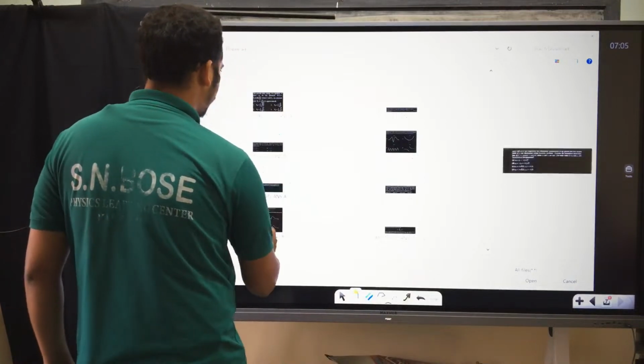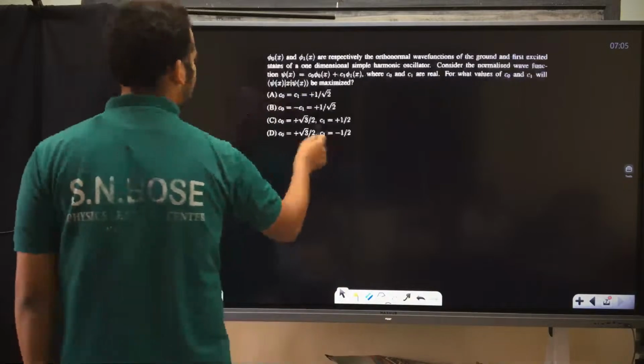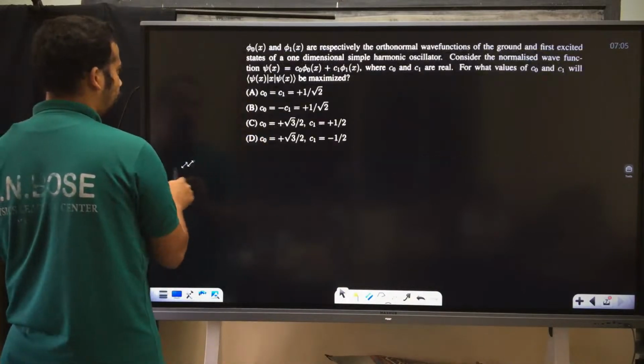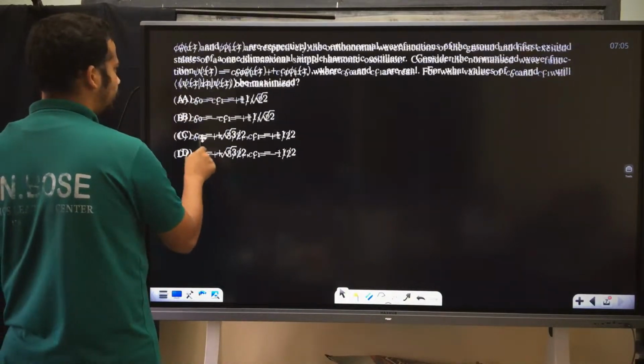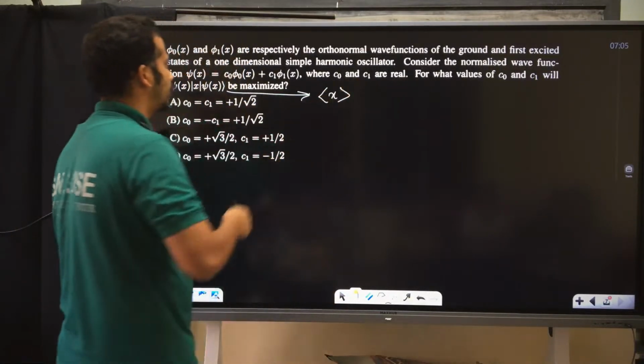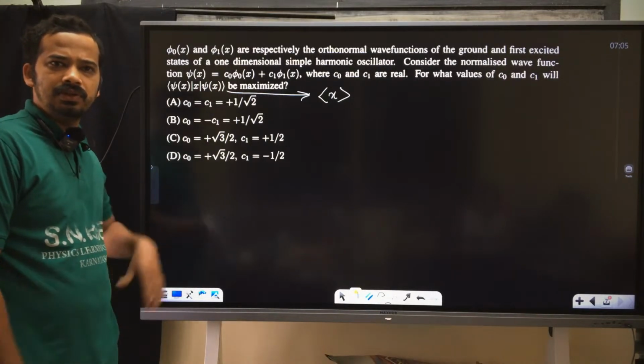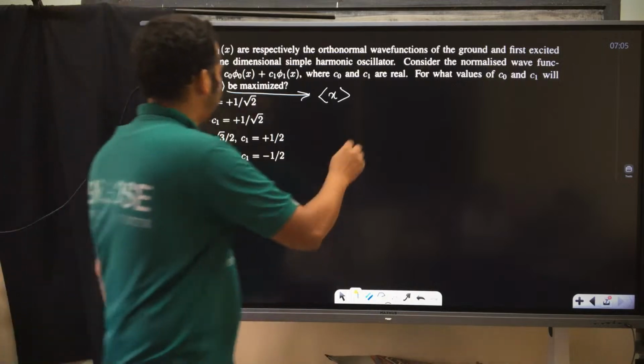Now, what is the problem with this problem? This is the expectation of x. Those who don't know the Dirac notation, this problem can be done here too. Whatever he's asking, that is the expectation of x in that linear combination state. Somebody should put the solution also in the channel. Now, what I'm saying is, I think it will be C1 into C2 or something, am I right? The expectation of x contains C1 into C2 or something. Take it neatly.